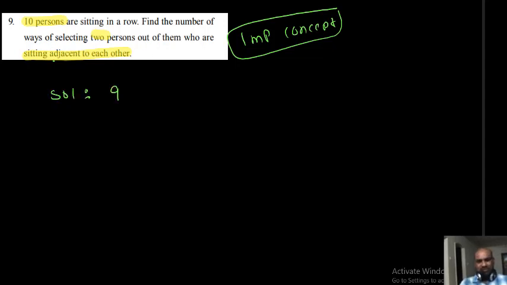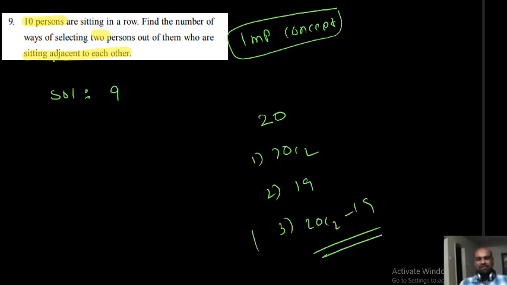10 minus 1. Okay. If 20 persons are there, listen students, we want to select 2 of them, that is one problem, that is 20C2. Second one, select 2 of them so that they are adjacent to one another, I can say 19. Third, select 2 of them so that any 2 of them are not adjacent, I can say 20C2 minus 19. This is the answer for the problem. This is an important model to learn. Any 2 are not adjacent, 20C2 minus 19.